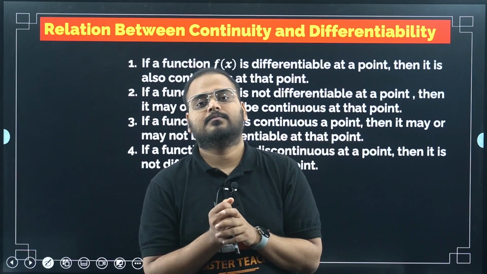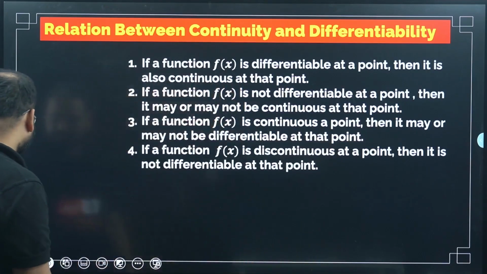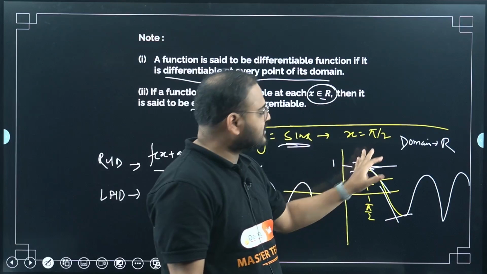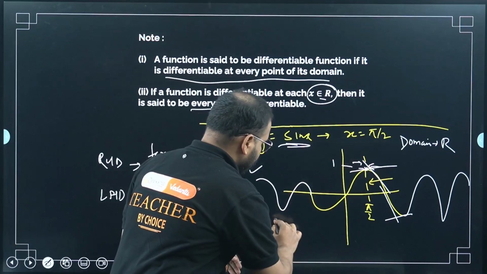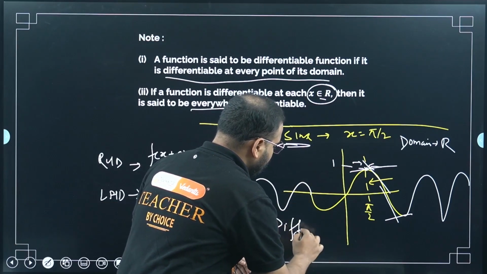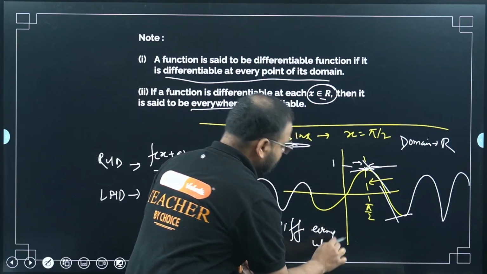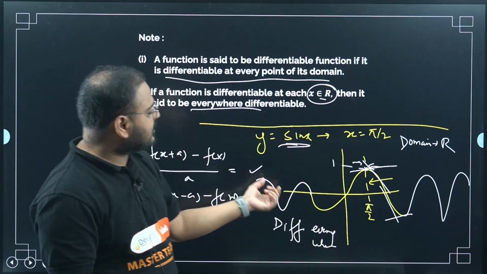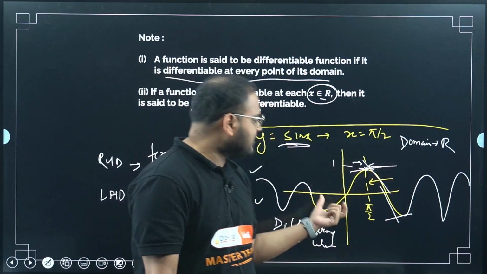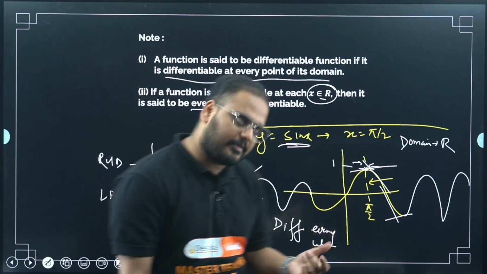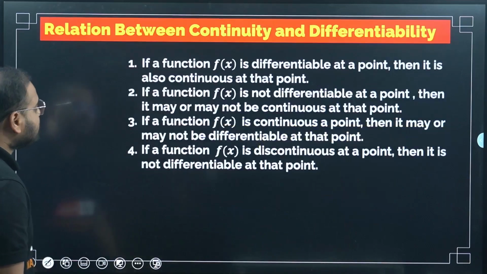Please check the previous curve. I said the function is differentiable everywhere in the domain, right? Isn't it continuous also everywhere in the domain? The function is continuous also, everywhere in the domain. Yes, sir. So whenever the function is differentiable